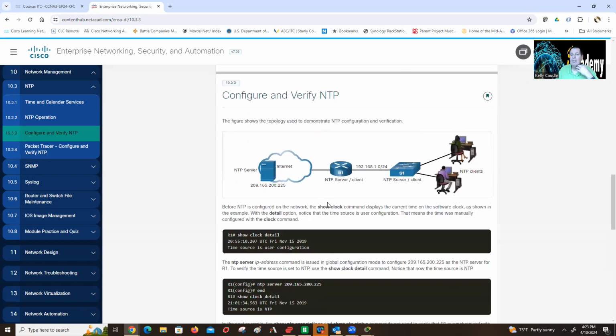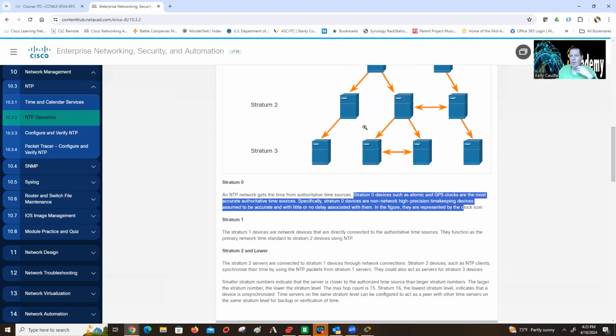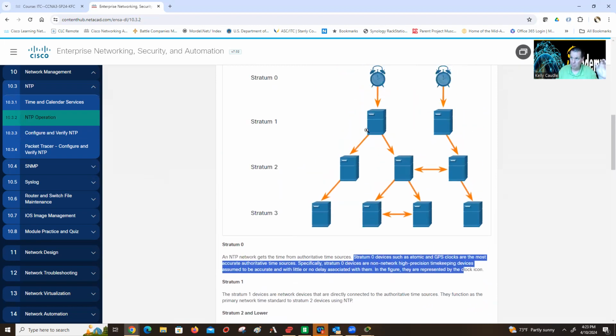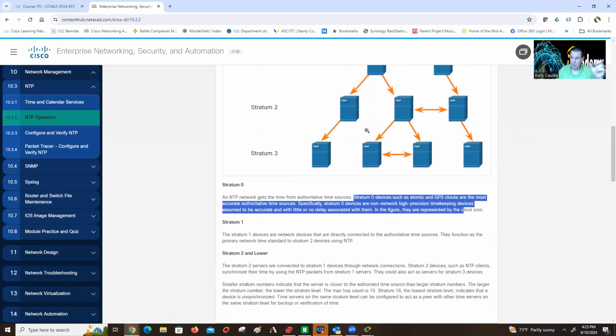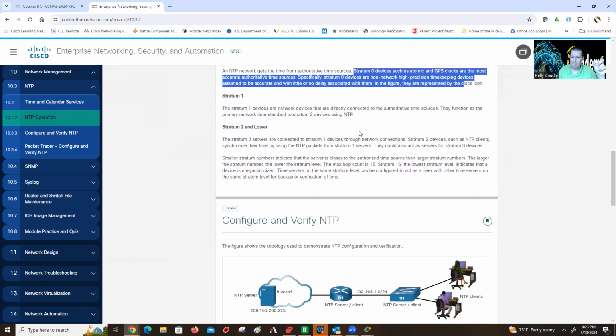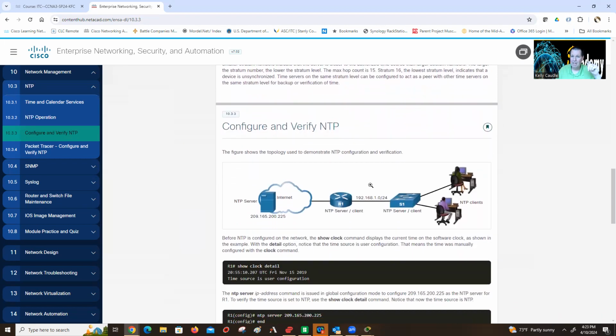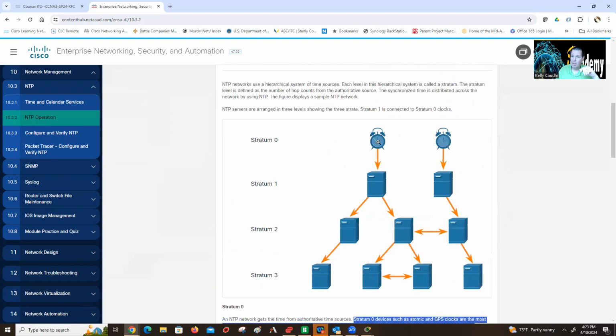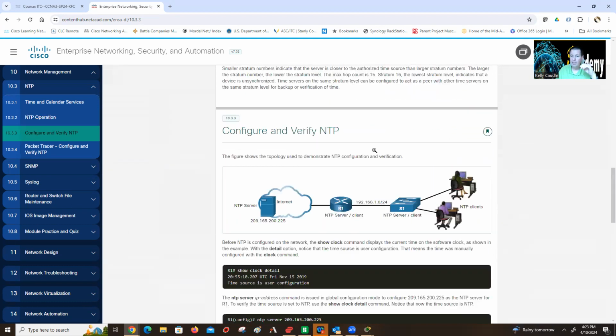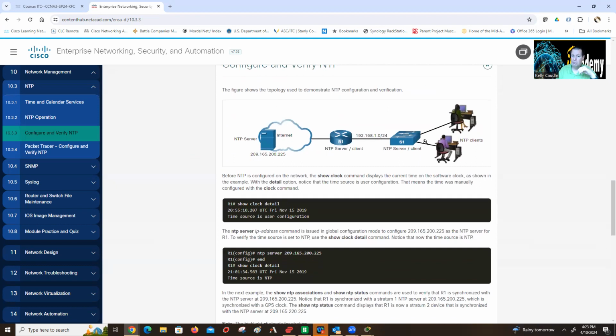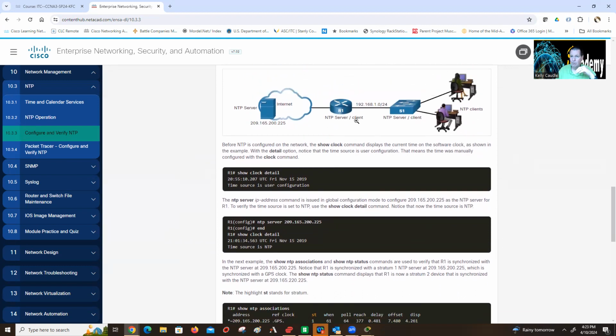We can set a Stratum 1 level on our network as a top layer master, and then have everyone else go to that NTP server. And that's probably typically what we're going to do: set up an NTP server that is going to be our master server for our network that pulls something directly off a Stratum 0 clock. And then that Stratum 0 clock will feed it, and then it will feed inside. In this case, you'll see that we've got our router that is sitting in our network going out to a server